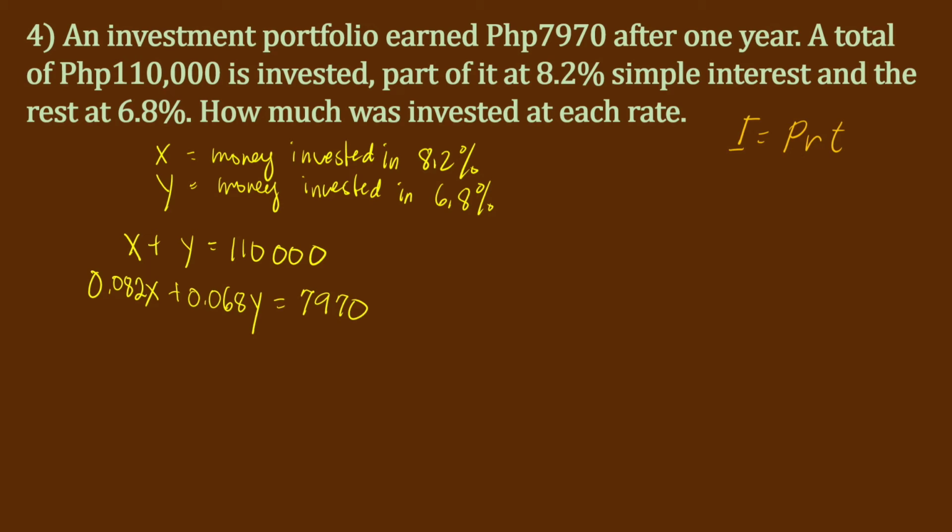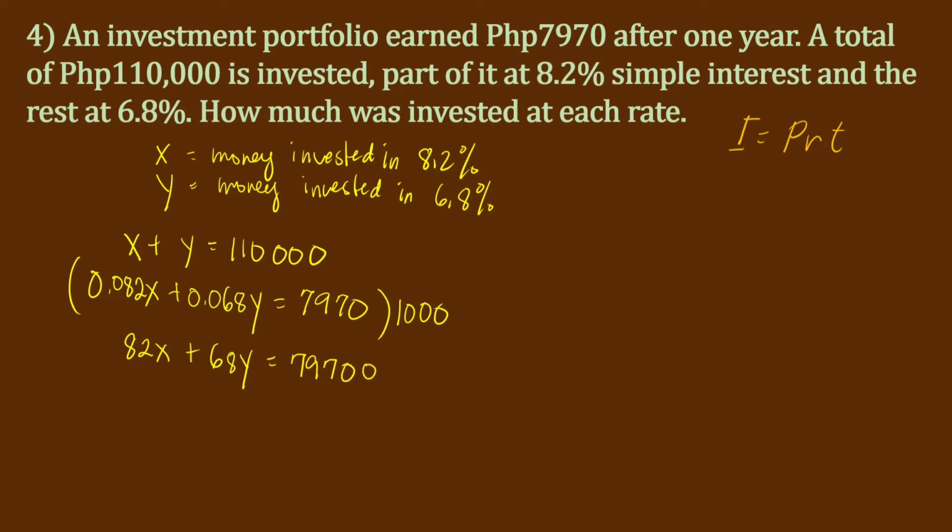We can actually eliminate one variable. Now, let us multiply the second equation by 1,000. So, it will become whole numbers here for this one and this one. Okay? So, that will become 82x plus 68y equals